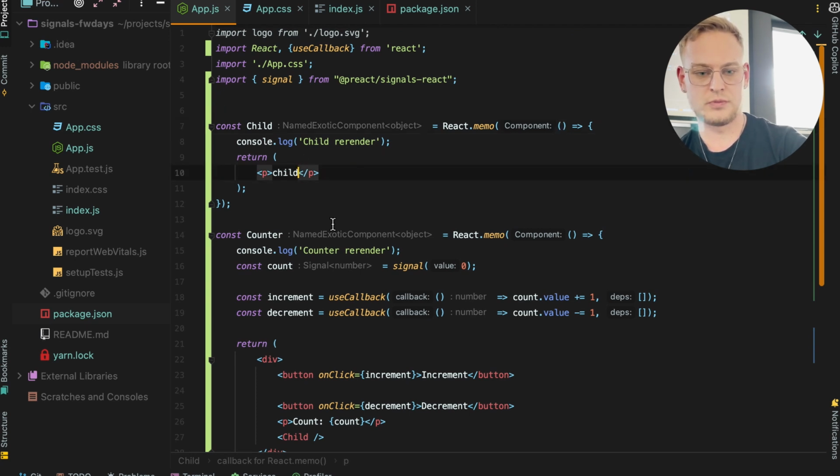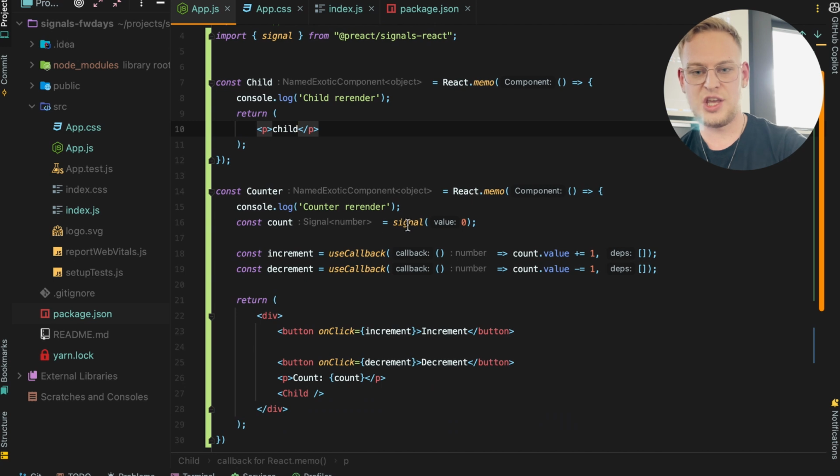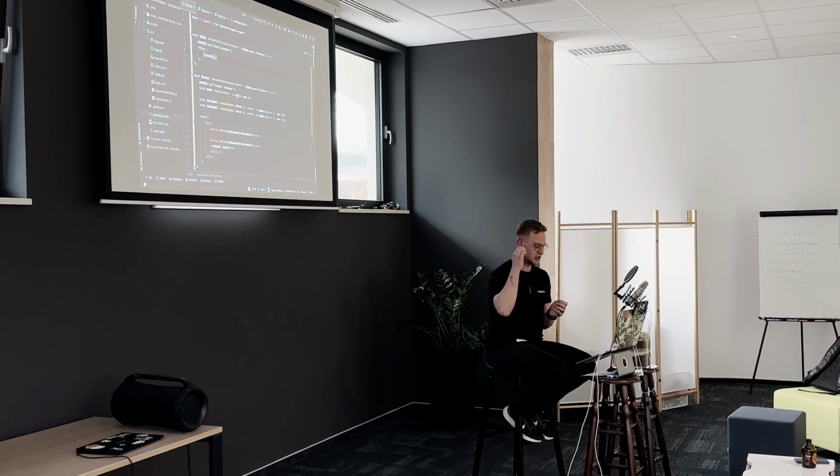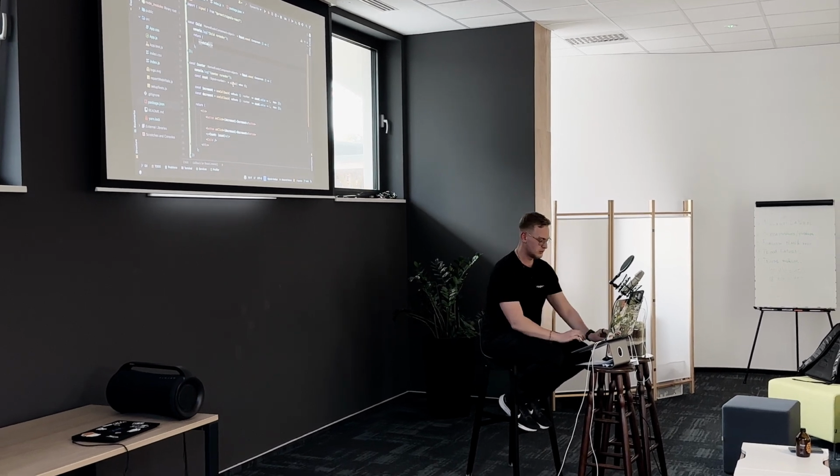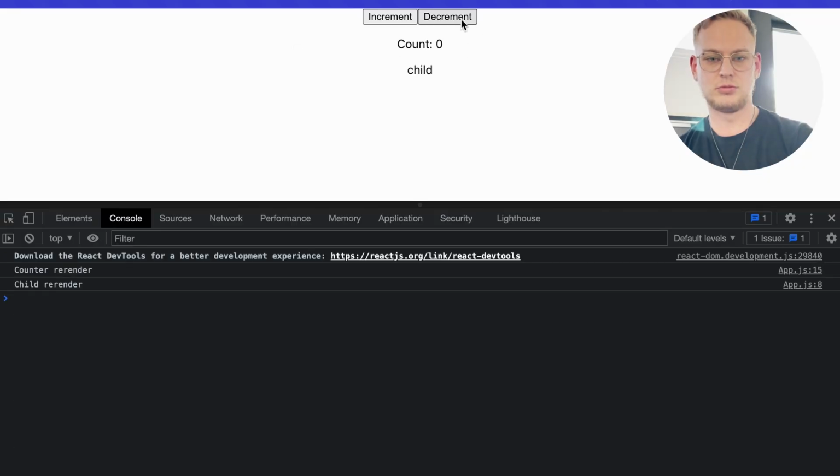So with these changes, if we would use state or context or MobX or Redux, we would see counter render on each increment or decrement, right? But now you see the UI updates, but we have no console logs. And this is the most interesting part of it. So it's already kind of an optimization, and you can imagine how avoiding the rendering of the whole tree of React